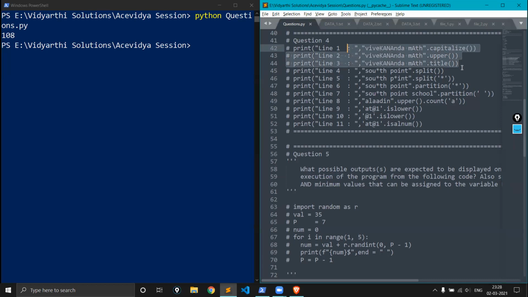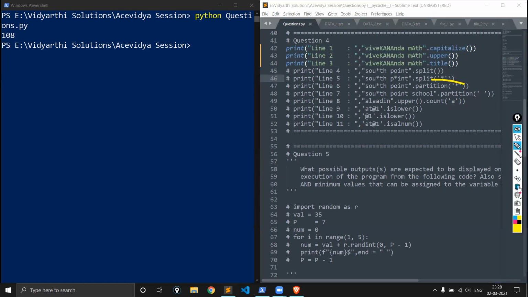So I'm just going to uncomment this part. What does the capitalize function do? The main task of the capitalize function is to capitalize this string. Now, what do we understand by capitalizing a string? We have this string Vivekananda Math with a space in between. I can see that a few of the letters are capital, a few are small. The capitalize function capitalizes the first letter of the string, whatever it is, and it converts the rest of the characters